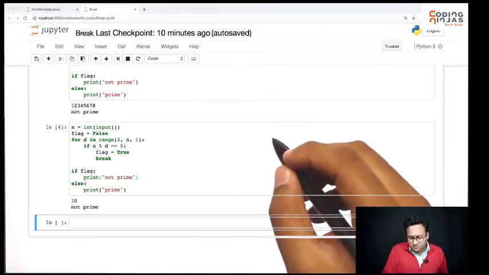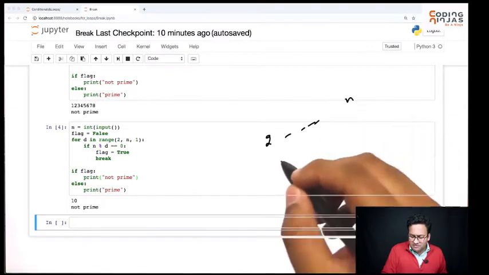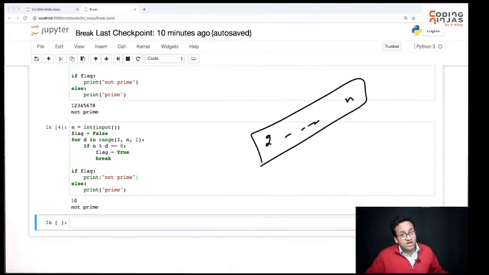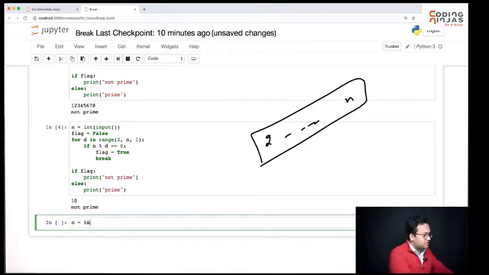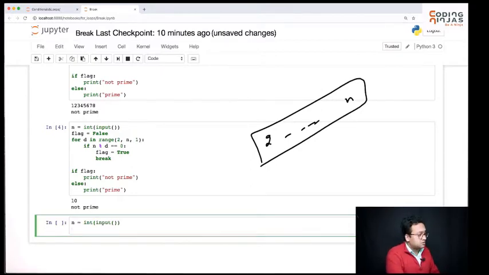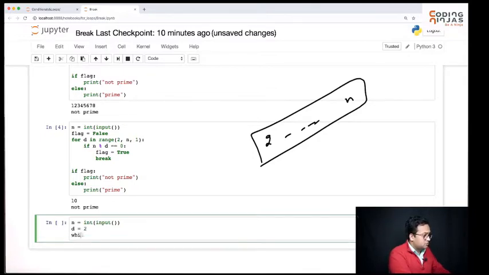So just for practice, let's print all the prime numbers from 2 to n. This is something that we've done already, right? Let's print all the prime numbers from 2 to n. Okay, so my n is this. Perfect. So what else do we need to do? Now let's take a k which starts from 2. This is the number that I'm trying to check if it is a prime or not. k less than equal to n.